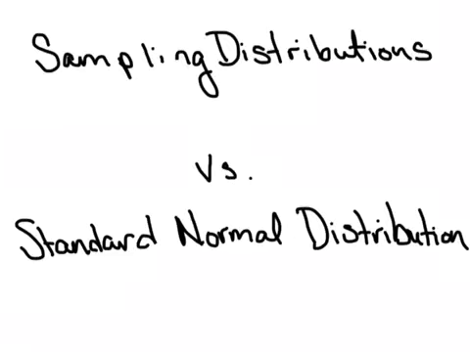So in this doodlecast, we're going to cover part of chapter 6. Specifically, we're going to look at the difference between sampling distributions versus standard normal distributions. And I think it's important to reflect back on what a standard normal distribution is, which is specifically